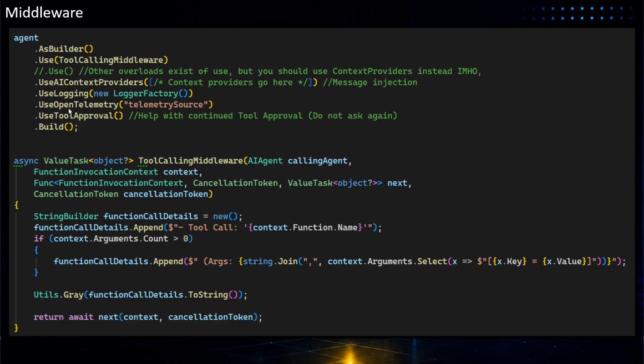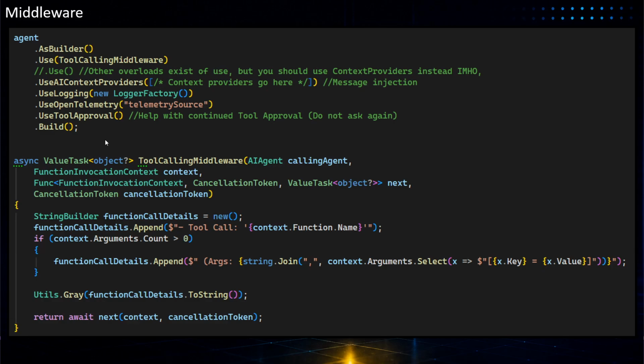So also here you define OpenTelemetry. I have a dedicated video on that. And they also have things for tool approval. So for example, if you have tool approval where the user needs to say, I approve this tool, I reject this tool, and so on, you often also want something like, I approve this tool and don't ask me again. This middleware helps keep track of such things. I tend to let an LLM call the tools without any approval, so I haven't really used it too much, but it's there if you need it.